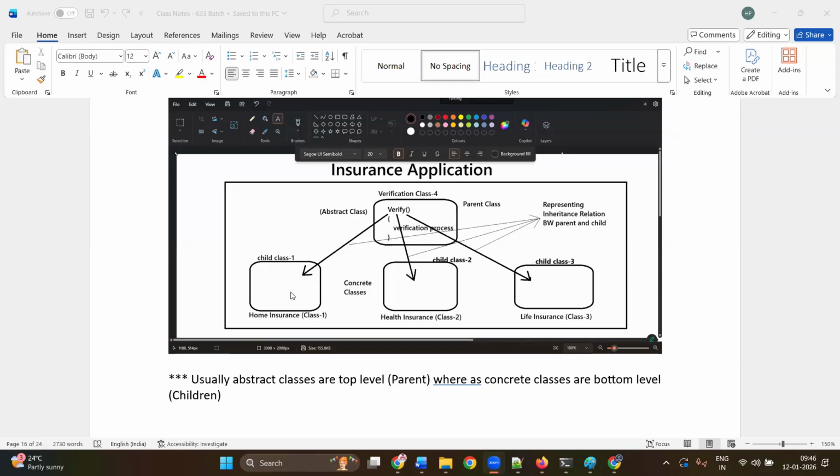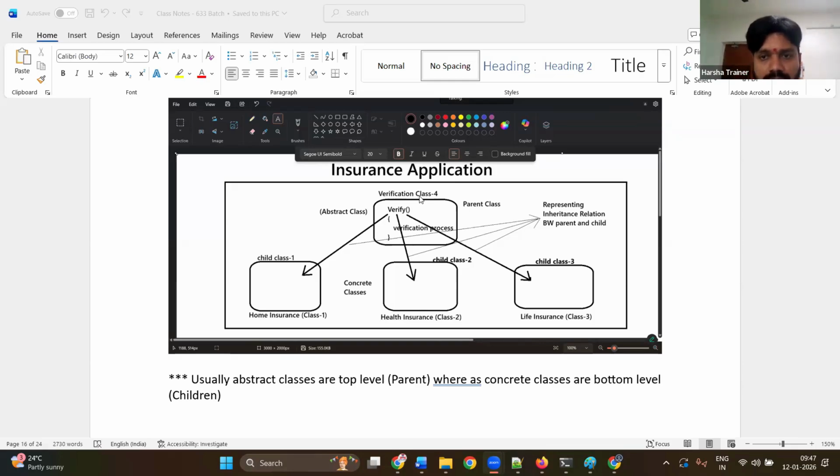These three departments can initiate transactions with respect to insurance. But will the verification department initiate any transaction of health, home or life insurance? No. It supports by providing verification for home insurance, health insurance and life insurance. Any insurance department that needs verification will reach out to the verification department. Every one of you clear?